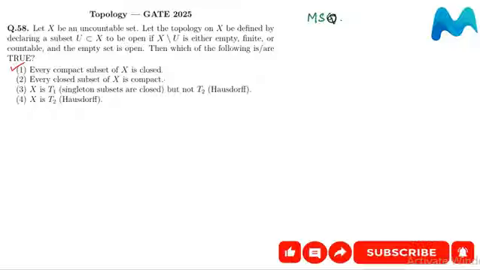Now come to the question. So what does closed mean in a topology? A is a closed set if A complement is open. Let us take an example.